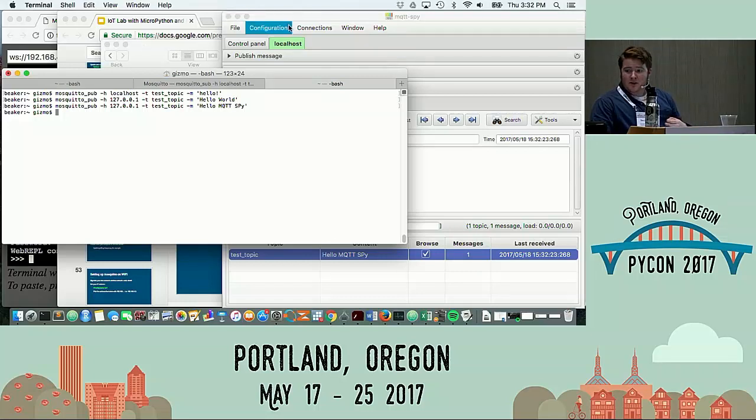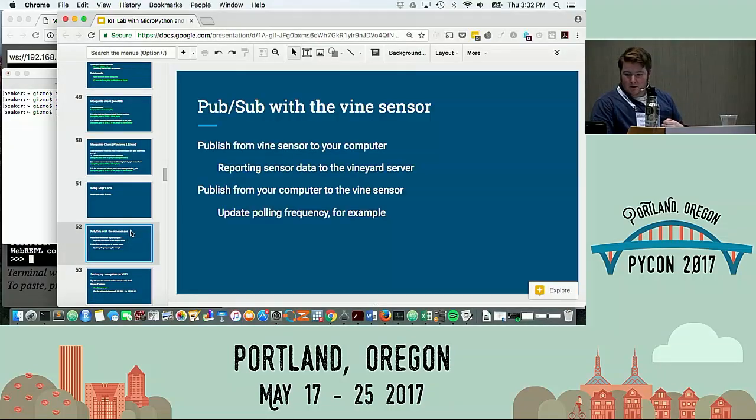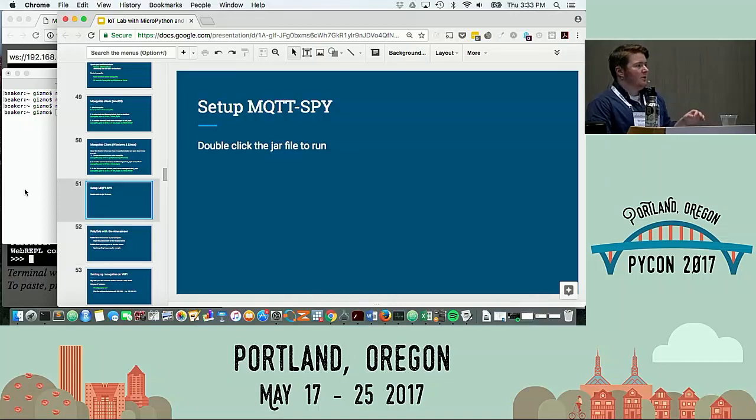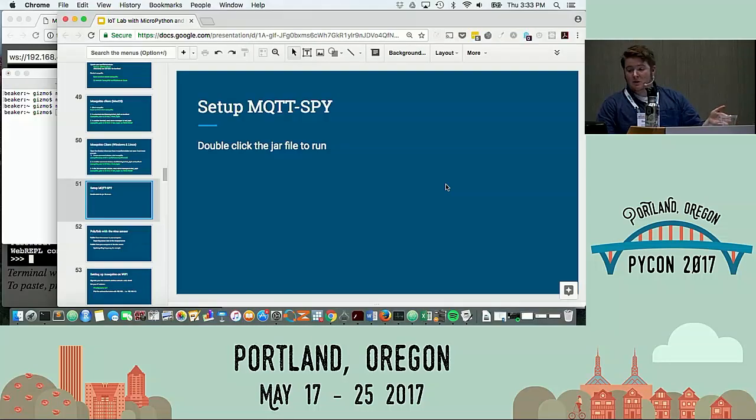So we have MQTT spy set up. We have subscribed and published on localhost. Before we move on from here, I just want to check, how are we doing with this publish subscribe locally setup? People have this working? Yes, okay, great. Then we can move on to doing the same thing, but now we're going to use MQTT